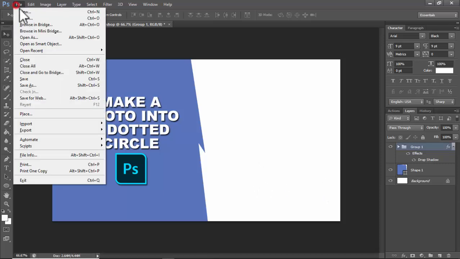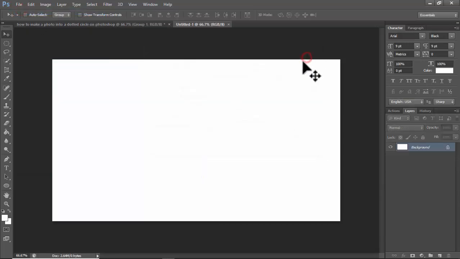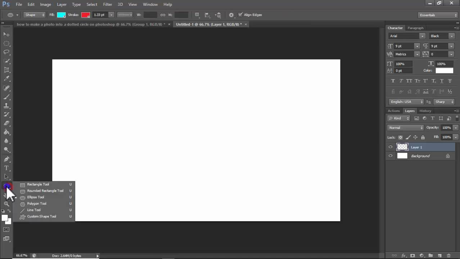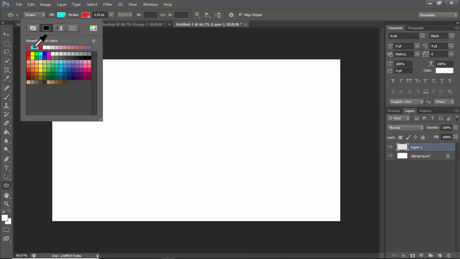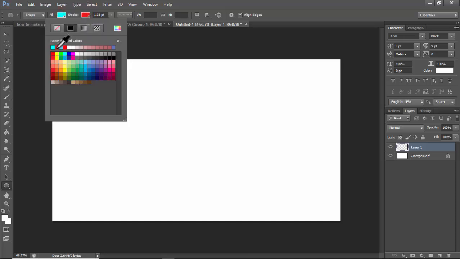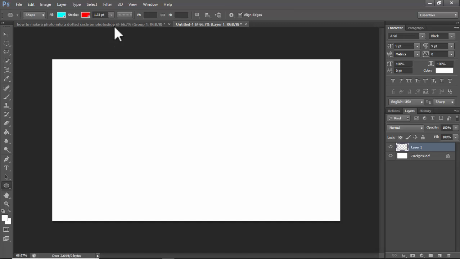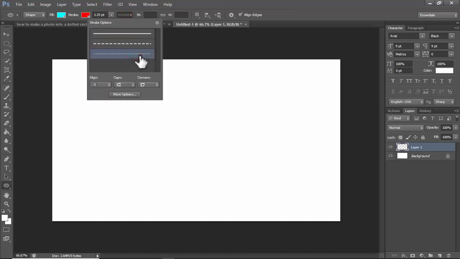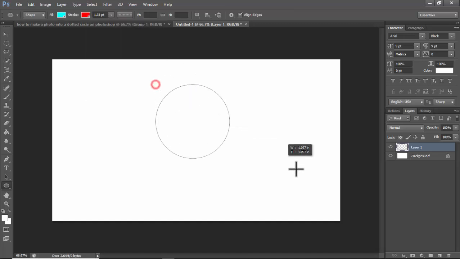Let's begin. Go to File, Open, create a new file, create a new layer, and right click, use the ellipse tool. Fill with any color and set the stroke to red. Press enter. Click, use dotted, again press enter, hold shift,